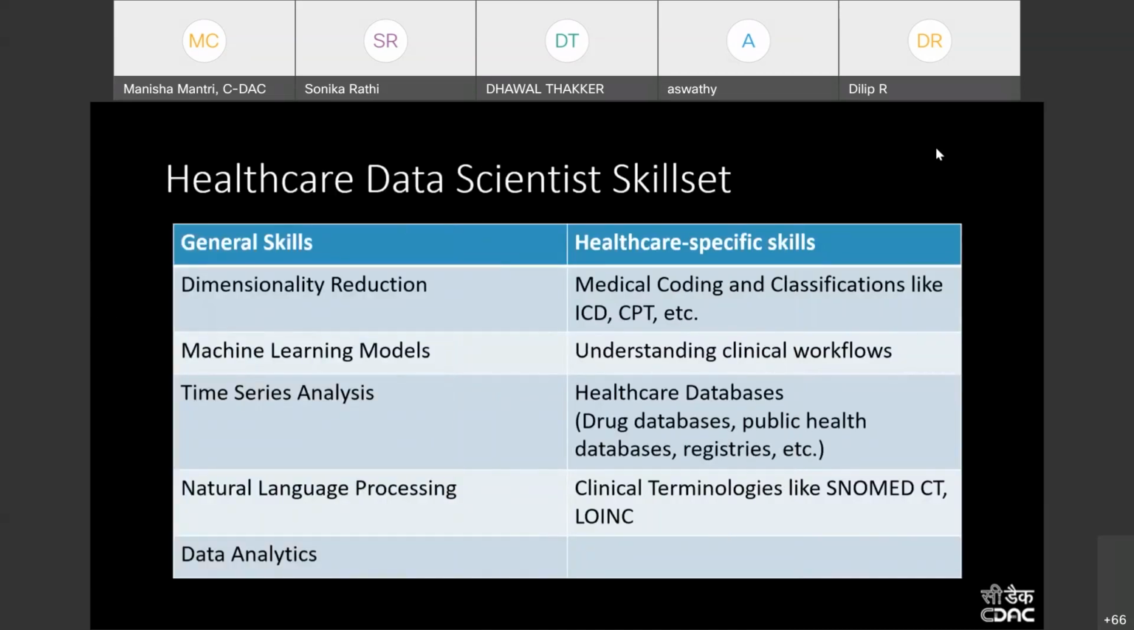Now, these are the special skills that you would expect to have in healthcare data scientists. The general skills that we all know you need are dimensionality reduction, machine learning models, time series analysis models, and natural language processing. These are very widely used techniques. You need to have data analytics skills. But apart from this, when you look at healthcare-specific skills, you need to know the